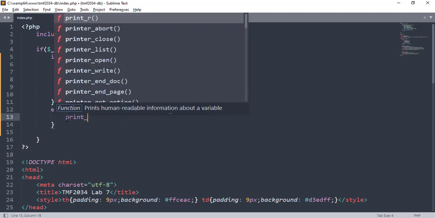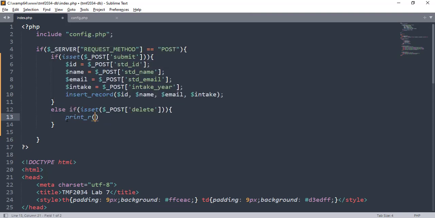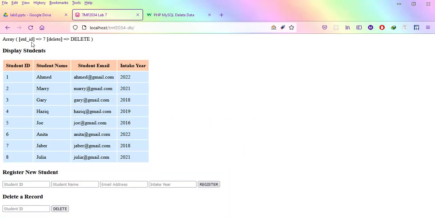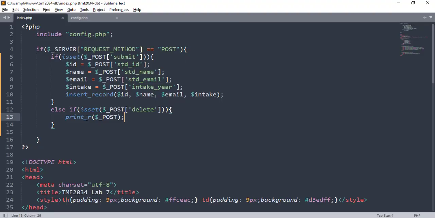When we write print_r of the post array, you can see we have a student ID number 7. We are receiving the ID from the form. Now we can pass this ID to our SQL and then to our function, and then we just delete directly